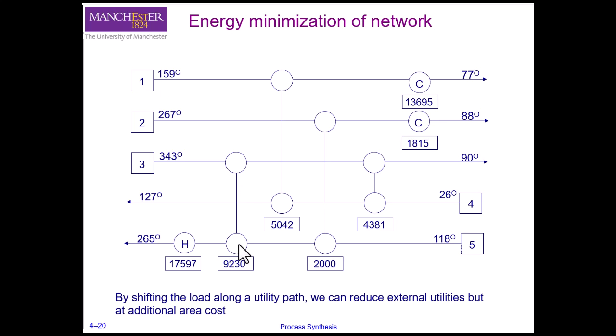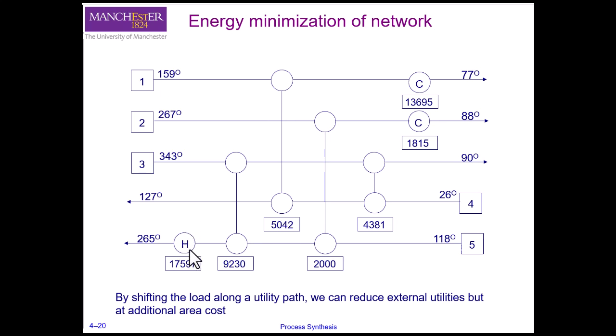So we want to see what we can do to optimize this network further in terms of energy minimization. That means we want to reduce the external utilities, the hot utilities and the cold utilities, at the cost of an increase in the area. We can maybe afford to increase the area of some of these heat exchangers, and we want to